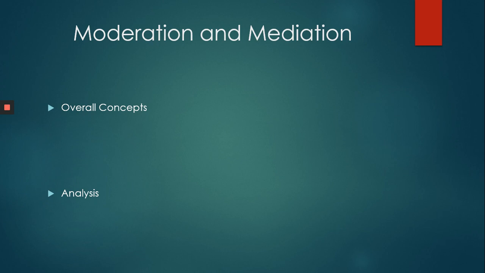So first, moderation is when you take a significant relationship between x and y, and then try to see if another predictor, an x variable, can be added in to either strengthen or weaken the significant relationship between x and y. And mediation is different in that mediation is looking for a causal pathway in which x and